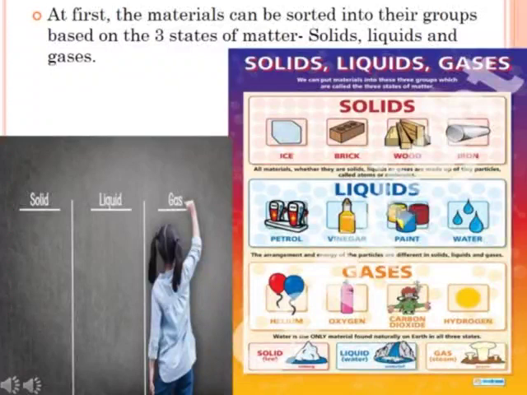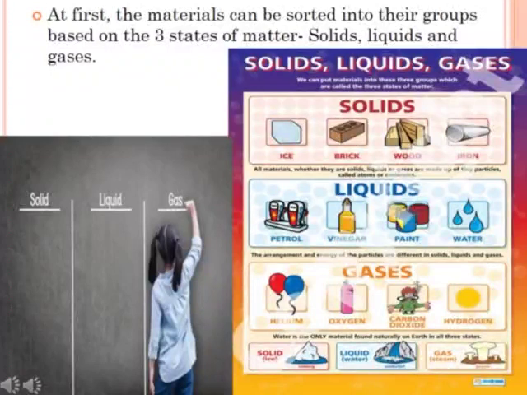This way different types of objects can be made from the same material. For example, the material is wood. From wood we can make many objects: chair, table, plough, bullock cart and its wheels, and many others. The next material is paper. From paper also we can make books, notebooks, newspapers, toys, calendars, many things. Same as leather, plastic, cotton, these all are materials, and from these materials we can make many objects.